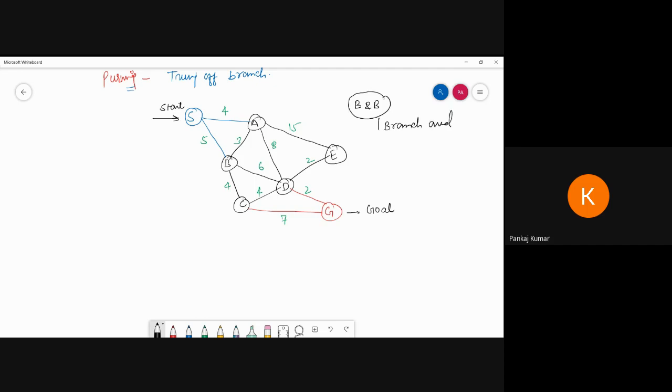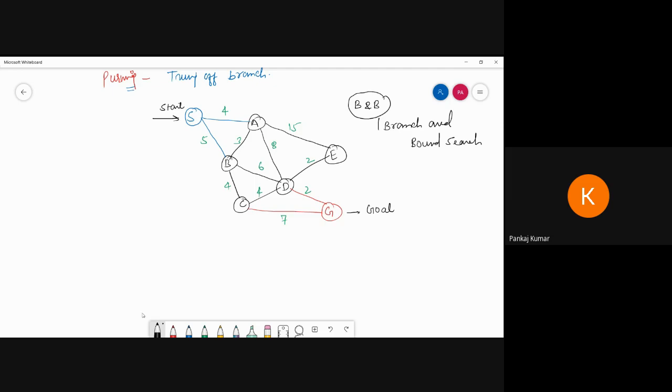Branch and bound search. Okay, now see, be careful. We have to explore each and every node, then we have to pick the minimum distance one, and then we can explore. That is the process. And we have to again calculate which node has the minimum distance, then I am going to explain.